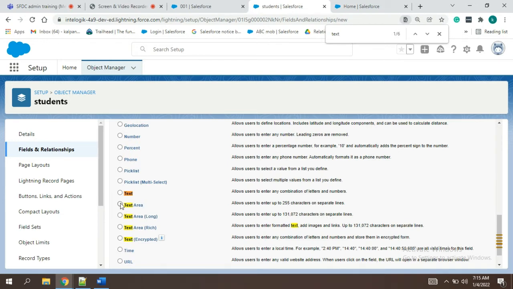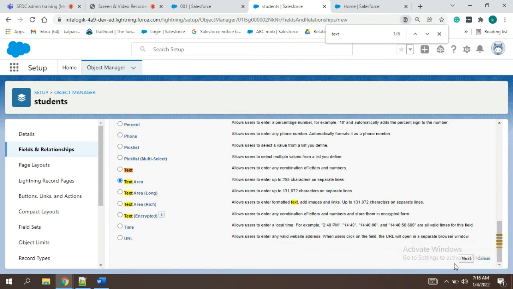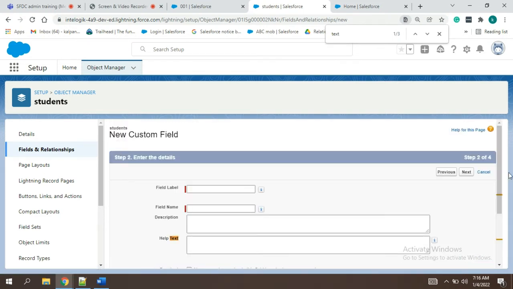We'll take a text area because we want to fill some 100 characters or something. So next. What should be the label? Registration.